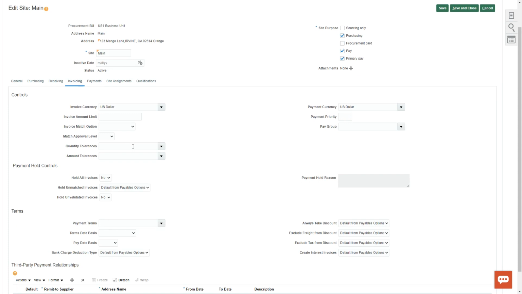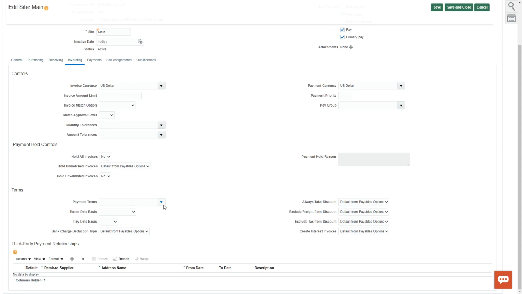You can also set up tolerances for your invoicing. So if your purchase order amount differs from your invoicing amount, you can set up tolerances in order to allow the invoices to be approved on the amount, as well as set up tolerances on the quantity.